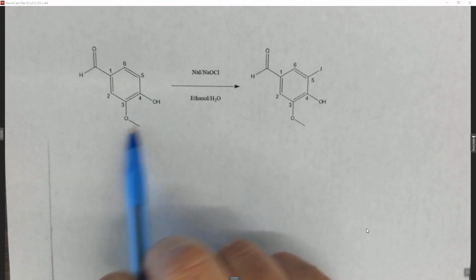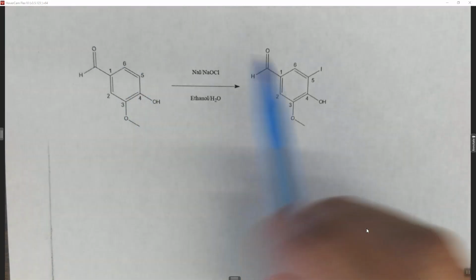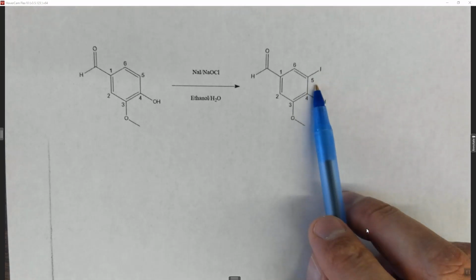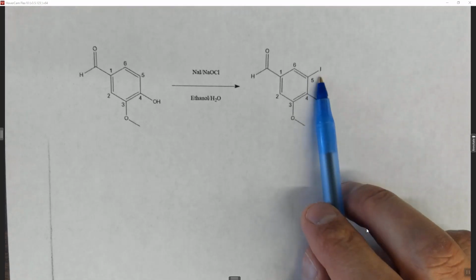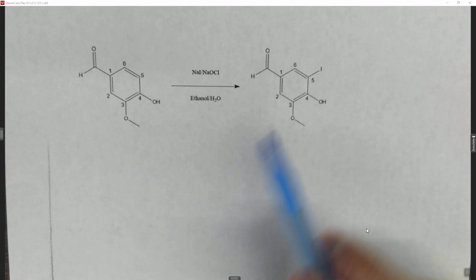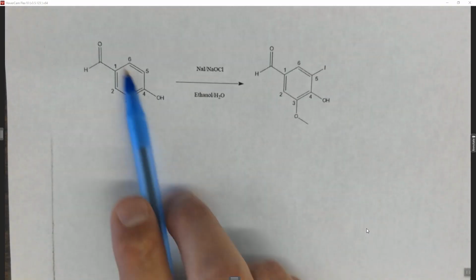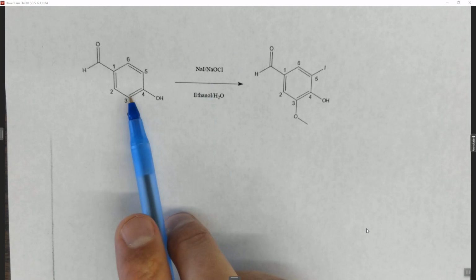Hi everyone. So in this reaction we're going to do an electrophilic aromatic substitution reaction of vanillin. This molecule right here is vanillin, and we're going to add an iodine to this at position 5 and make iodovanillin, if you will. This stuff smells like vanilla, and it's a compound with an aromatic ring, so we can do an electrophilic